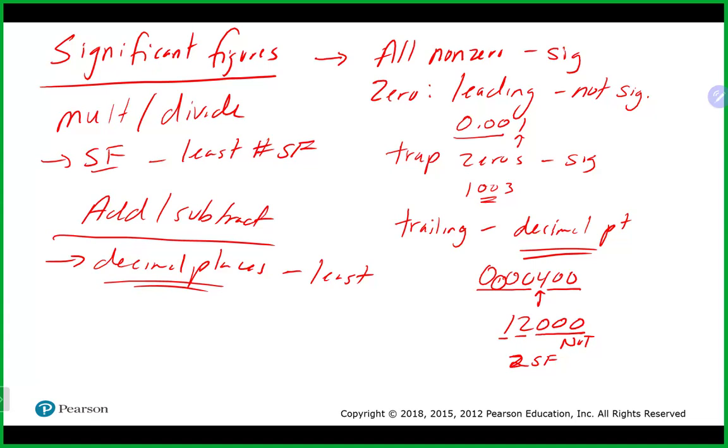Remember as well that if you add and subtract, you want to go to decimal places, but that will also give you a certain number of significant figures in that number, right? So you may go to one decimal place, but you may actually end up with a number that has 3 significant figures. And then where that will be important is if you continue on with that number, you would want to then perhaps switch over to significant figures if you're going to multiply that number by some other number as well. So if you're doing multiple steps in calculations, you want to make sure that you are